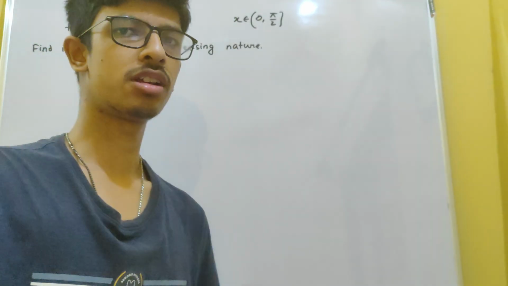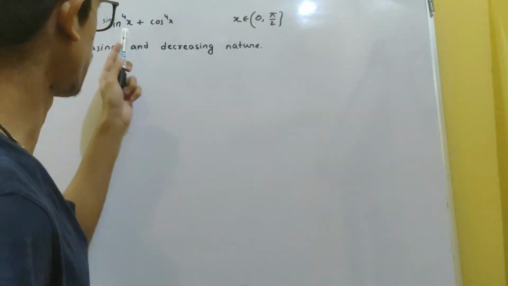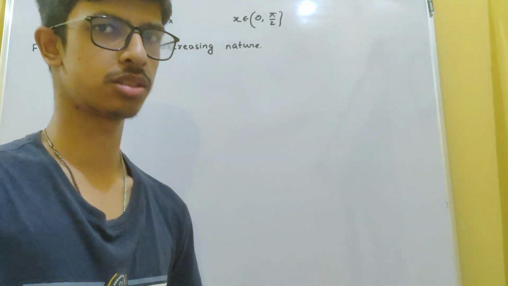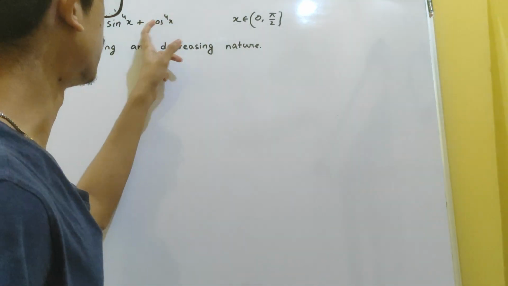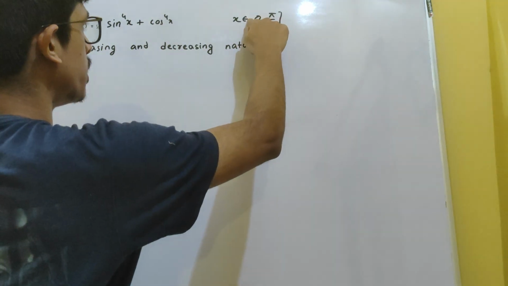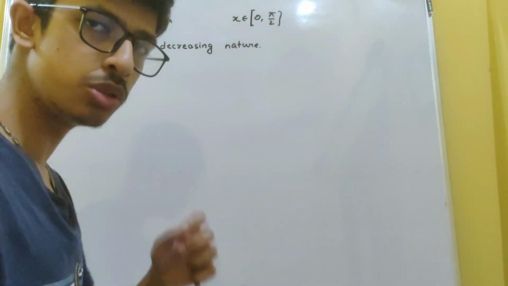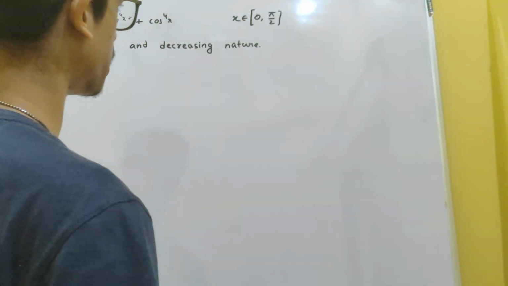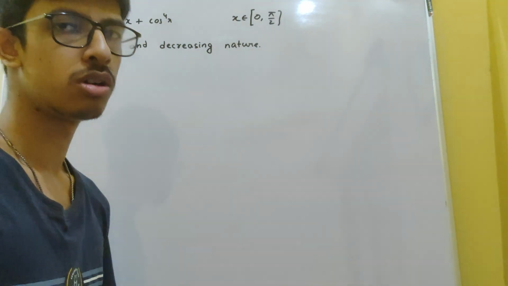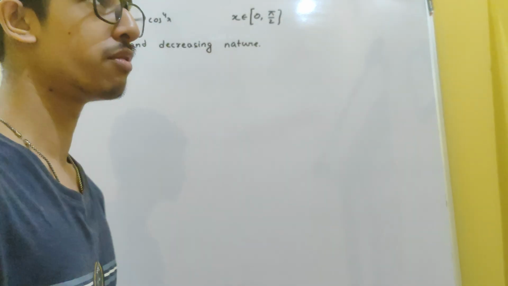So hey everyone, we have a question of increasing and decreasing function. We have the function f of x equals sin to the power 4 x plus cos to the power 4 x, and the range of x that is acceptable is 0 to pi by 2, and both of them are included. The square brackets mean that both 0 and pi by 2 are included in the function. So how we can approach this question is that first we will find the first derivative of this given function,